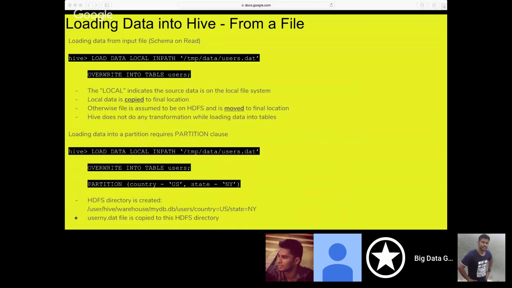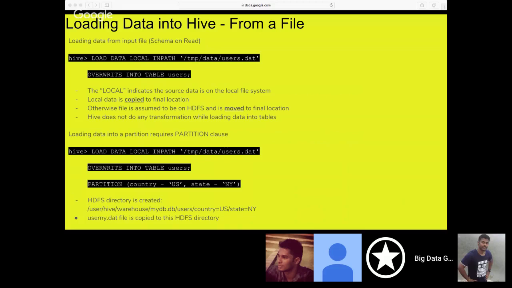Okay, so the first example shows one way to bring data into a Hive table. So we load the data from a theoretical file named user.dat. So just think the file name is user.dat, and we are trying to load the data into the table named